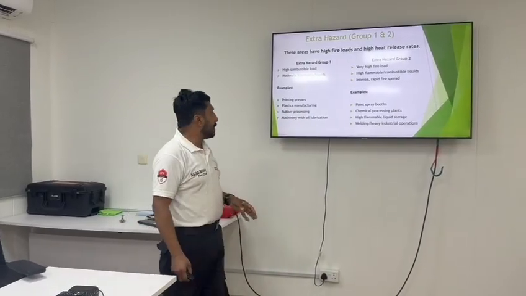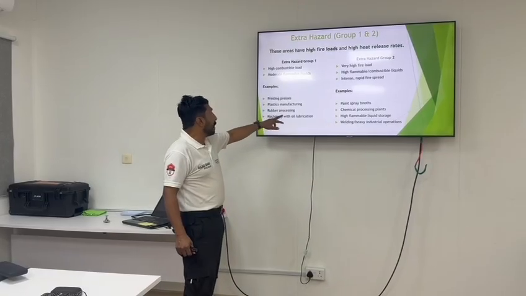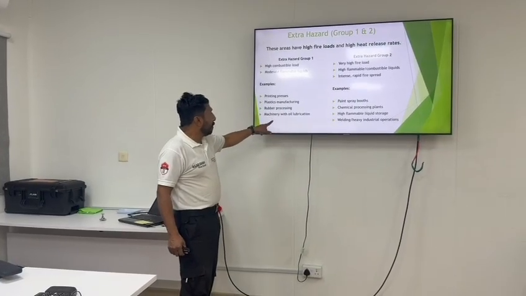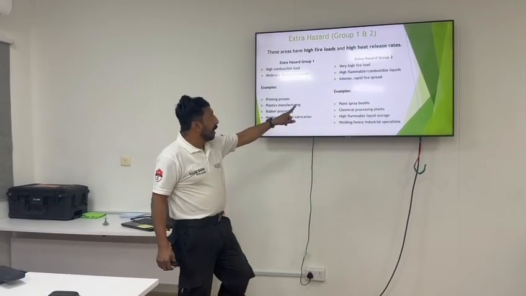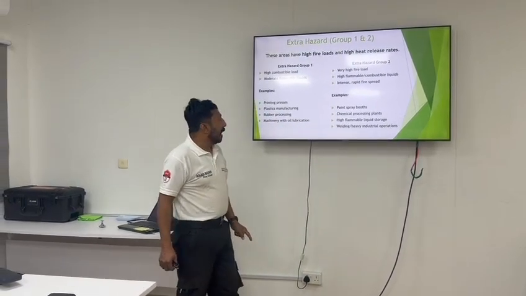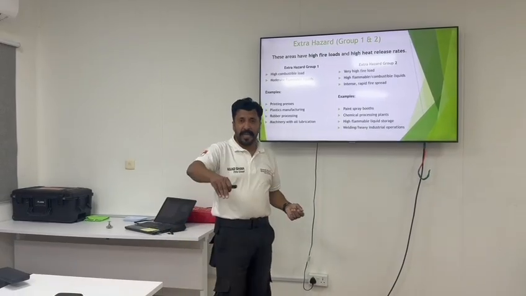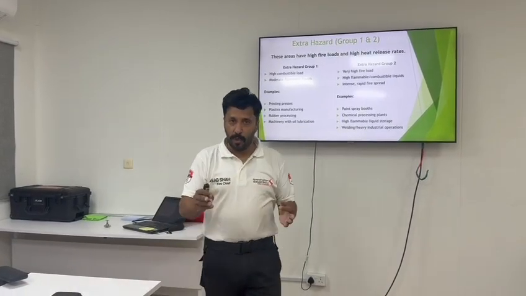Here we can give the examples. These are the examples: printing press, plastic manufacturing, rubber processing, machinery with oil lubrications, high hazards, paint spray booths, chemical processing plants, high flammable storage, welding, heavy industrial operations. But here in NC1 new, we can say